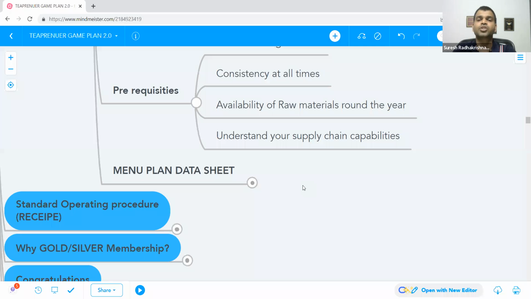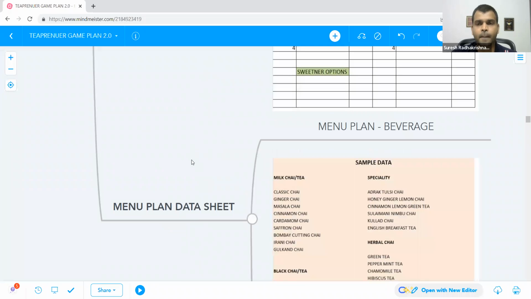So always make sure that you understand your supply chain capabilities. Your home might be 5 kilometers away. You can't go deliver it when suddenly they ask you, right? You might not have a central office to supply this when you start. So once you scale, you can do trials. You can manufacture that in your office and then send it across to all the outlets. That's different. So when you start, understand your supply chain capabilities. Right, so that's with respect to prerequisites.